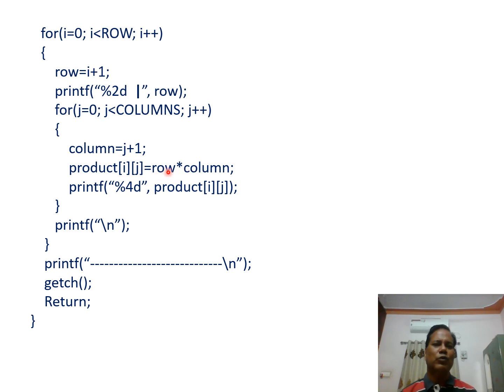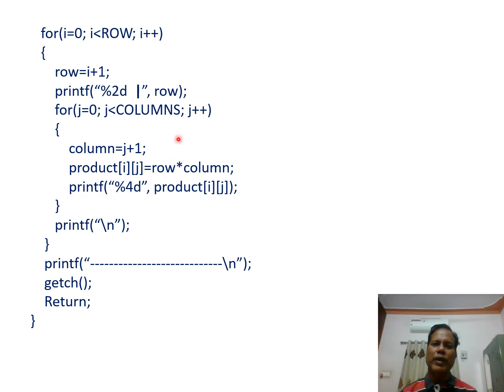The value of row is equal to 1, 1 into 1, that is 1, and 1 is stored as the first element of the multiplication table, and we print that multiplication table using 4 column space,